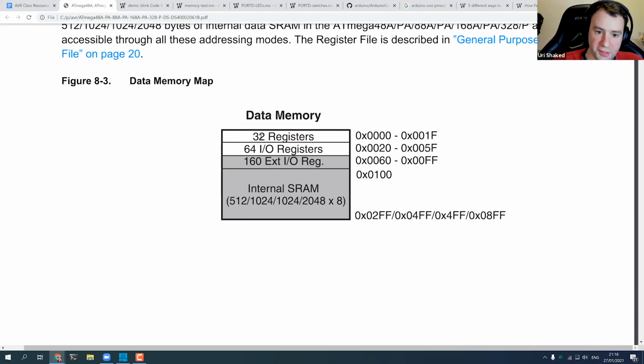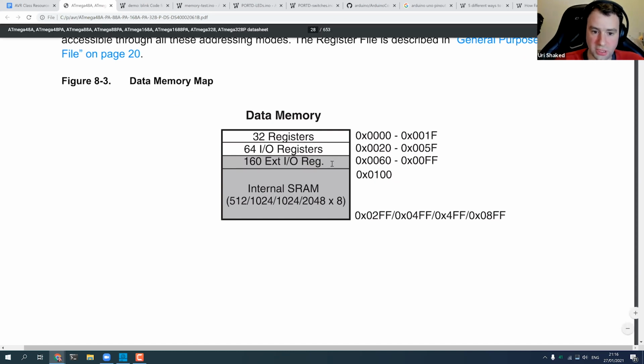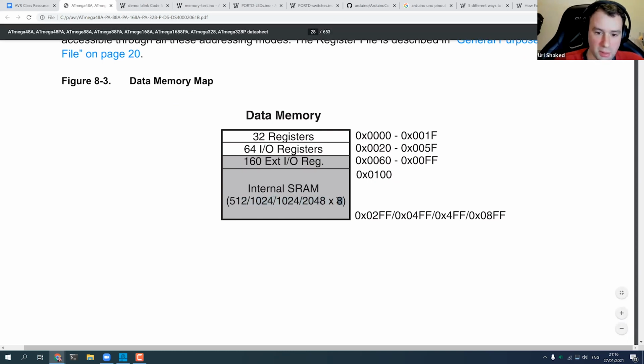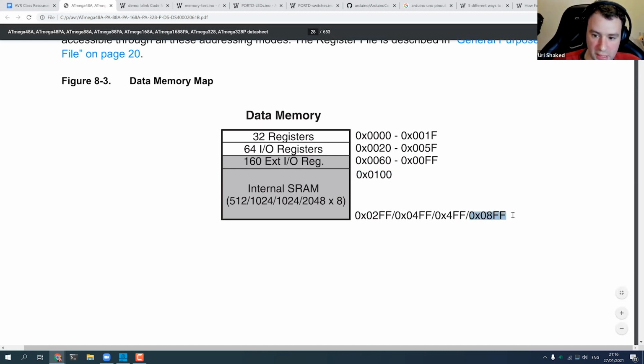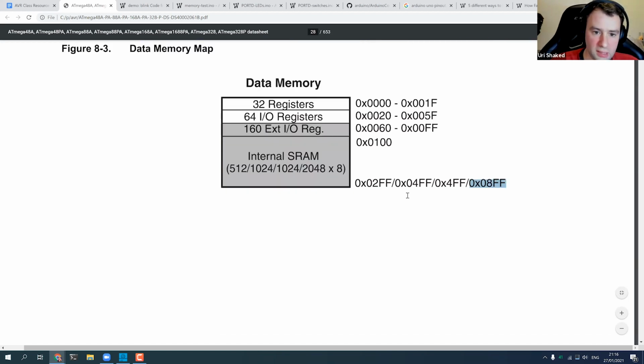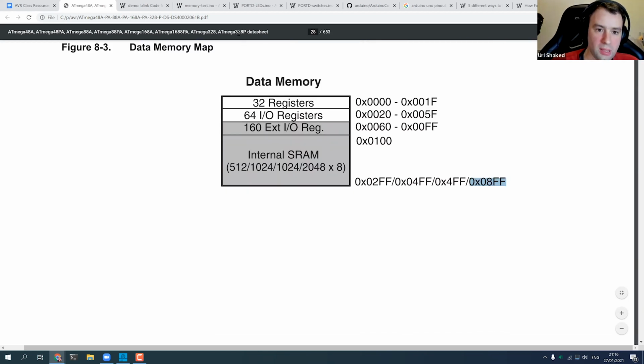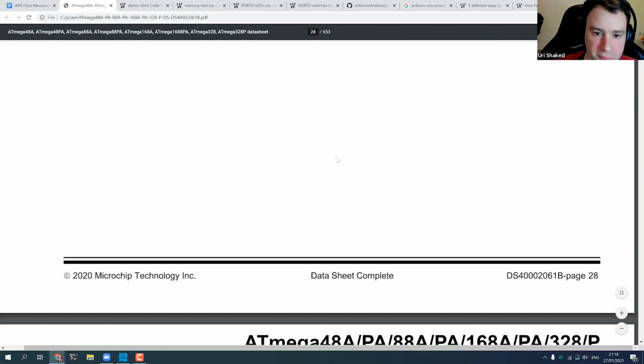And finally, after the registers and the I/O registers, we also have the SRAM memory, which is where we store our variables. So all the variables that we have will always have an address of 0x100 and above. If we declare a variable, it will always get an address between this value and that value, which is the maximum for the chip that we are working with, which would be 32.8.